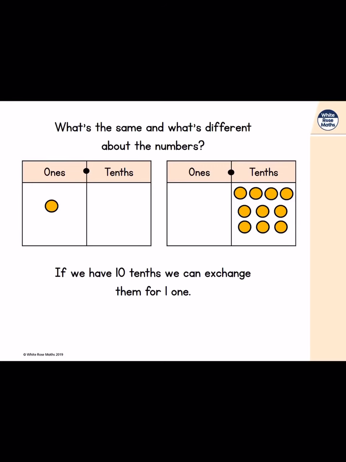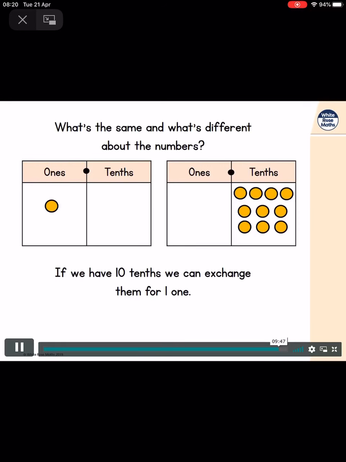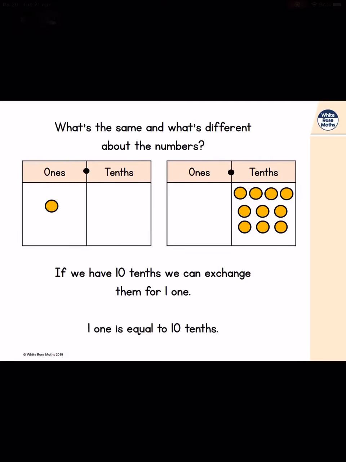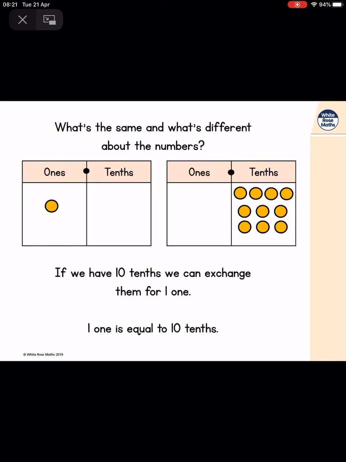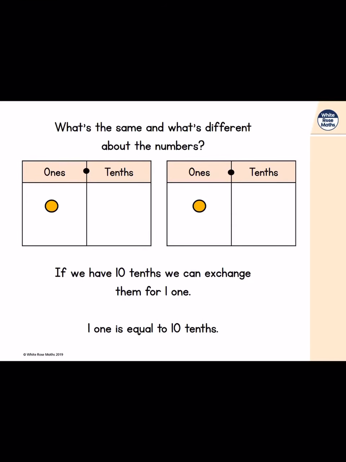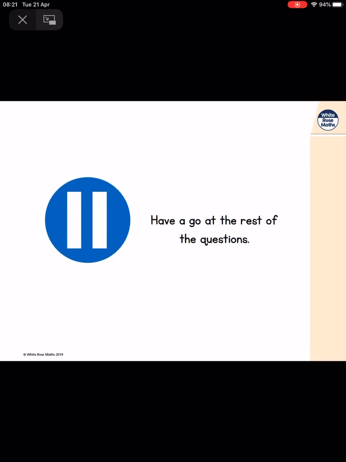We need to do an exchange. If we have 10 tenths, we can exchange them for 1. 1 is equal to 10 tenths. Let's make that exchange. Okay, now we can see that the numbers are the same. That's the end of this